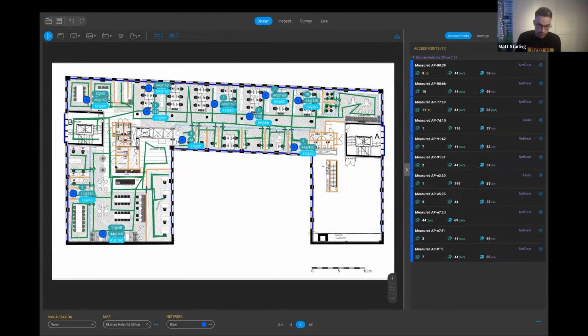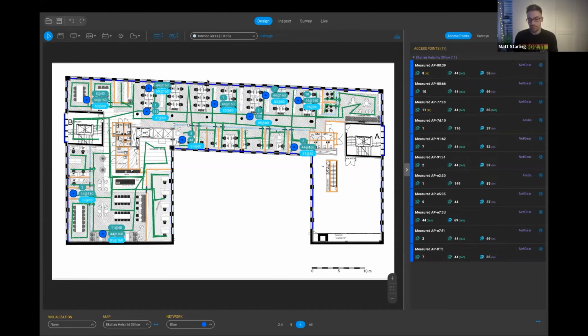But what you can see is that we've drawn the wall values now for the material. So you can see all of the wall values, they have been drawn inside of this file. And what we've done is we've used the typical standard default values for the different types of walls that we've got, for drywall, interior glass, different kinds of doors, and different kinds of concrete, like cinder block and stuff. But these are just values that I put in before I actually went on site and gathered the actual real